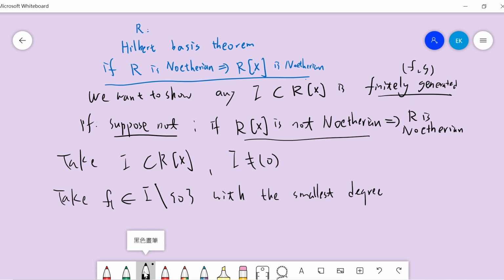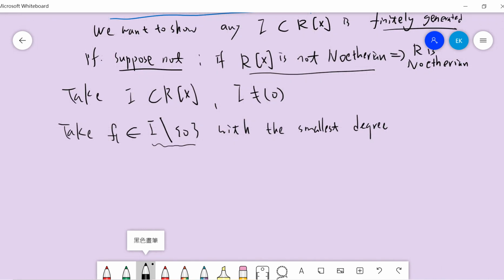Since the elements of the ideal are polynomials, I just take any one with the smallest degree. This must exist, because the degree is bounded below. So I can take f1 with the smallest degree,